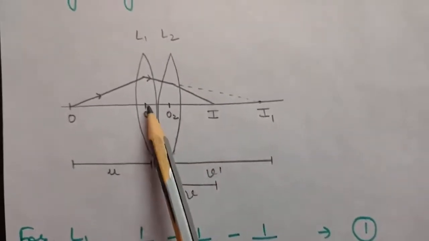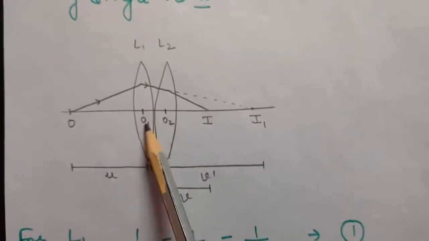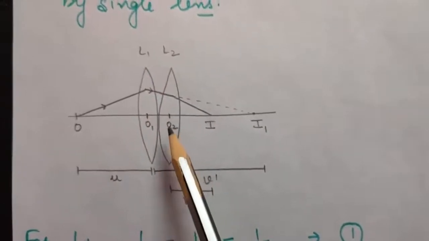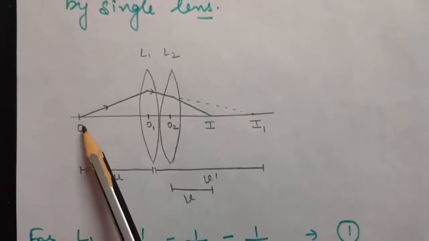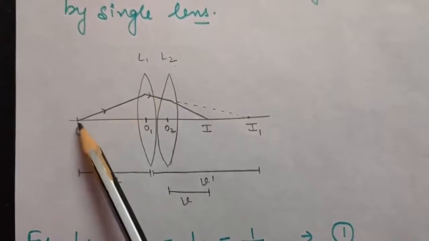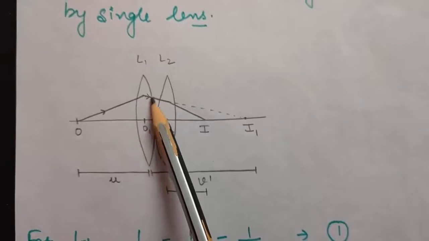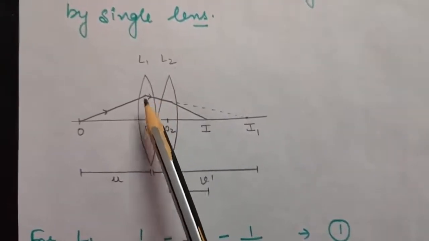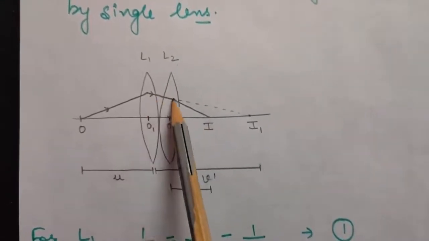Okay, so first of all, we'll be doing this combination. So I have combined two lenses, that is two convex lenses together, right? So this is your O1, that is optical center of lens L1, and this is O2, that is optical center of lens L2. Now, this is the object which is placed here. Okay, so when a ray will go from the object, it will suffer some deviation at L1. So it will be suffering like this, because as you know, after passing through your convex lens, a ray always converges to a single point. So it will be converging like this.